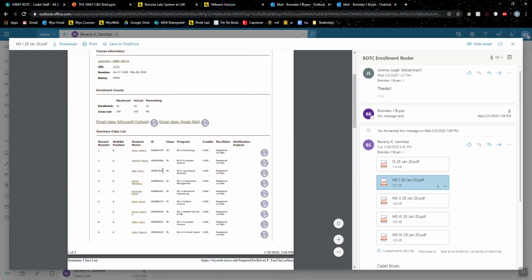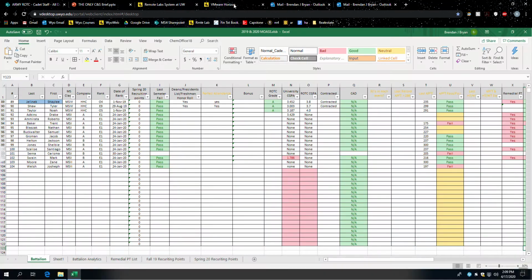And what you're going to want to do at the beginning of the year is go through and double check that these lists correlate. So this is the MS1 class as of the 20th of January, so as of the beginning of the spring semester 2020. So what I did is I opened this on another tab, and I opened the MOASS, and I just made sure they were the same. So here we have Adkins, Amarada, and